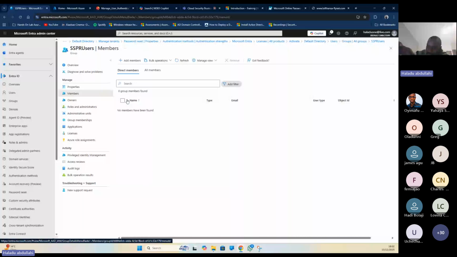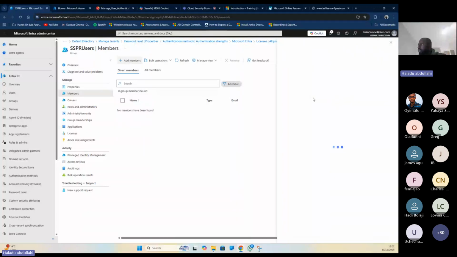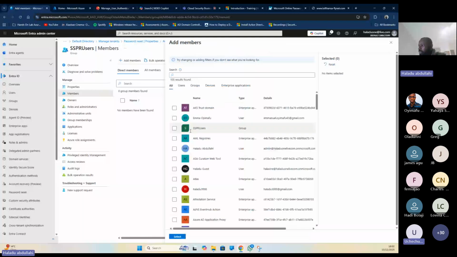I'm isolating certain users, but mostly it's recommended you enable it for all users in your organization, and All Users is a group created by Microsoft automatically for you. You don't create it yourself. There's a default group called All Users. I don't know why I don't have it, but there should be a default group called All Users. It contains all your users. It's a default group; you can't delete it. But you can see, I can add members to this group so that when they want to log in, I can, yep. So